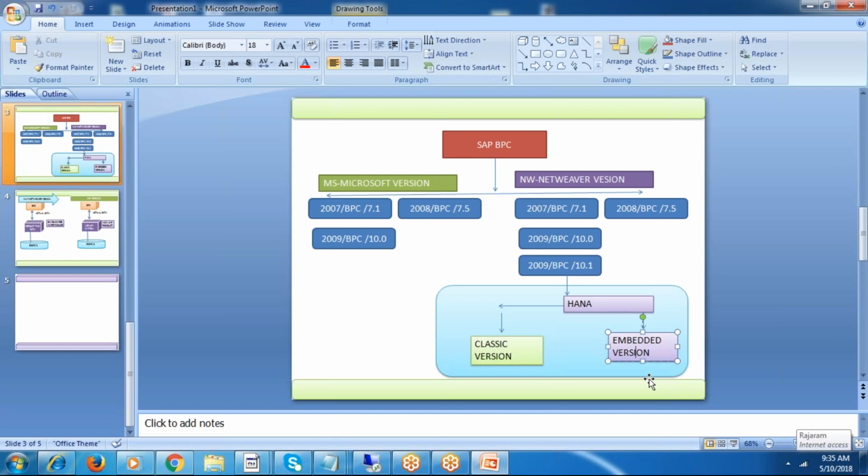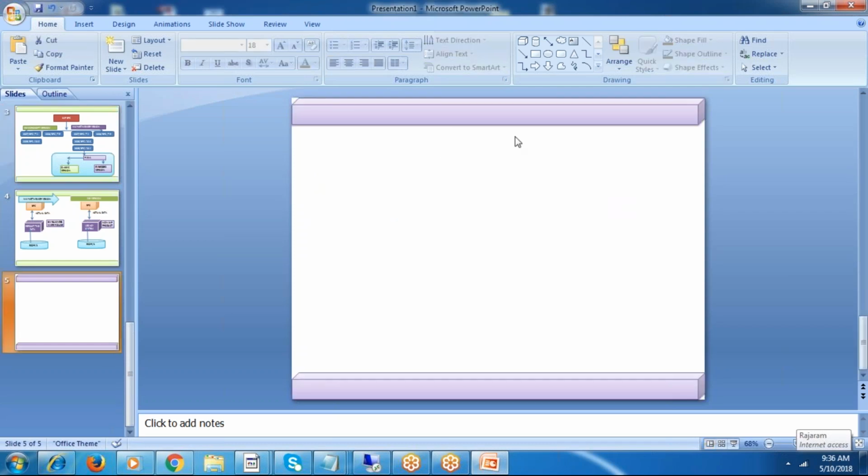Okay. For those who have implemented the S4 HANA system, it is only a small part of BPC, like cost center templates, GL planning templates, sales planning templates. There are only templates for planning itself. There is no consolidation on that. To implement consolidation you need to get the embedded consolidation. There is no consolidation for S4 HANA. Okay, fine. And we have the